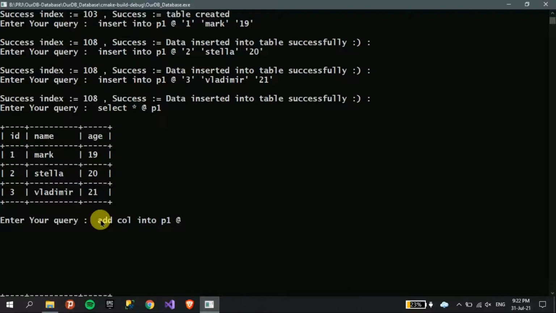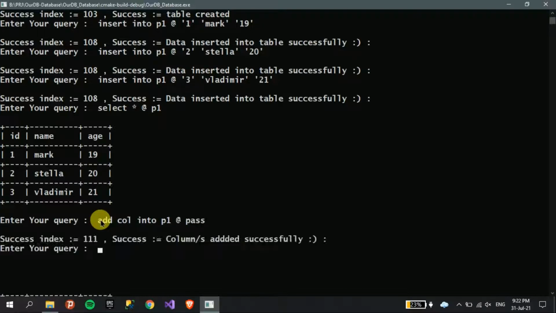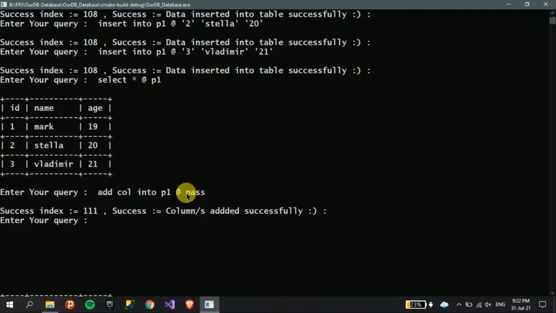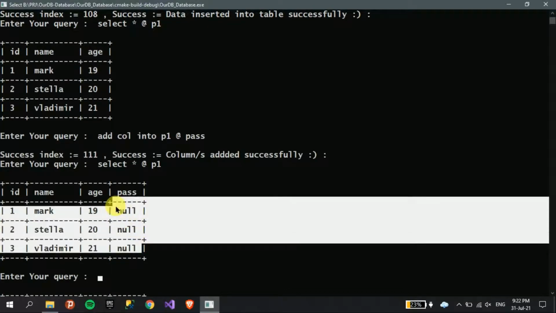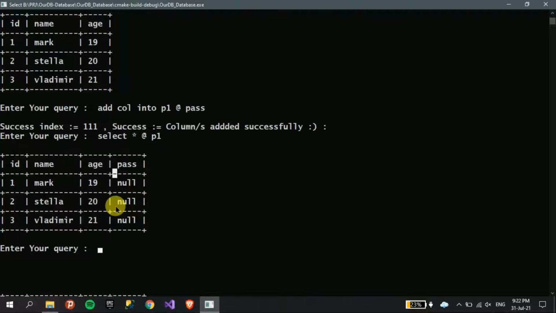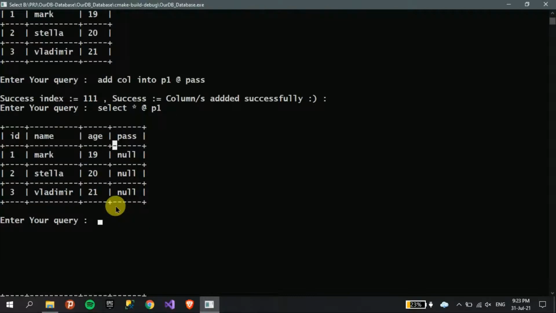If I want to insert a pass column, here the column pass is inserted successfully. Now you will see that all the data in the pass column are null by default. You can update it later. Let me select, and as you can see, all the data are null, so you can update it through the update command.